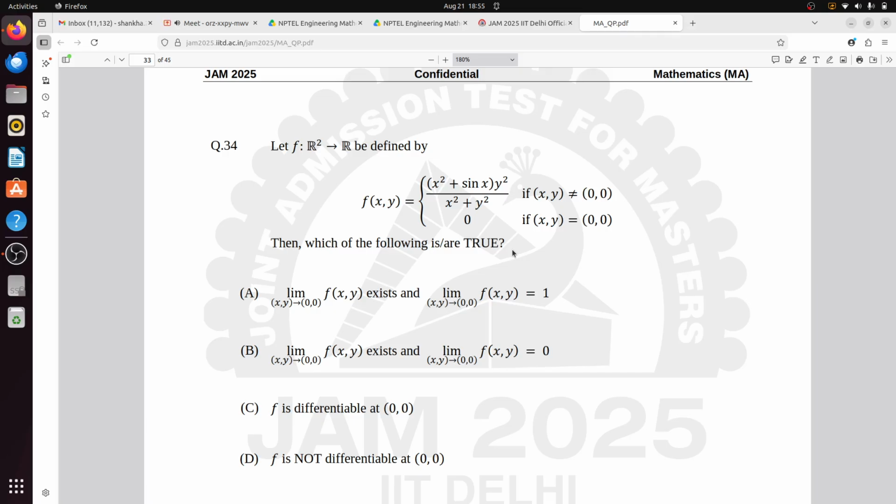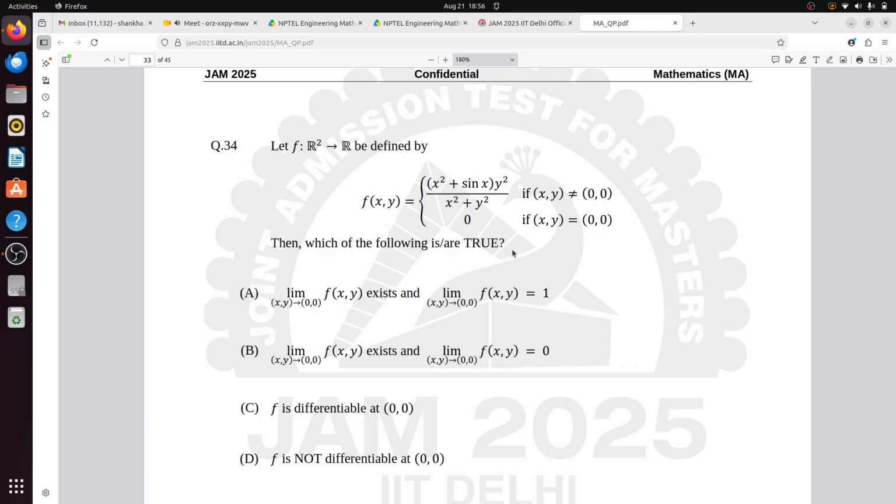A problem would be created if the denominator had more zeros and the numerator had fewer. Here in the denominator, how many zeros will come? Two zeros. For sin x, if you consider the Taylor series you will get x, so one zero. So in the numerator you have minimum 3 zeros, meaning 0 cube, but here you have 0 square plus 0 square in the denominator. I am not discussing this in a mathematical way, but so that you can solve it in the exam. So there will be no problem, and the limit will exist and equal 0.